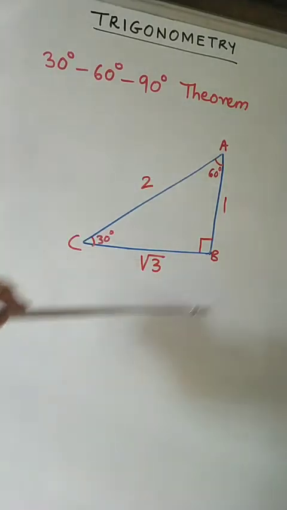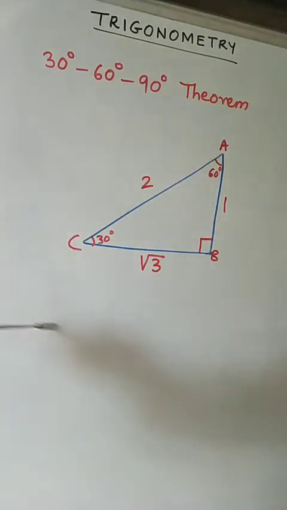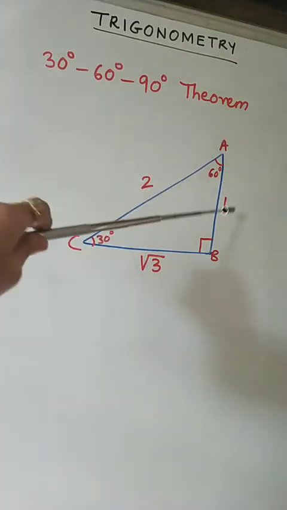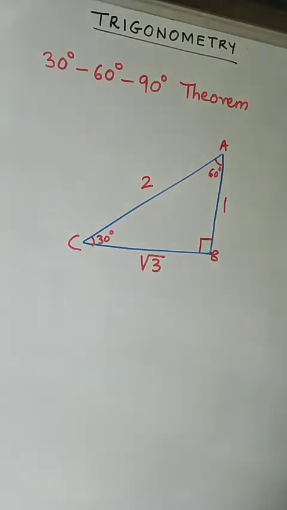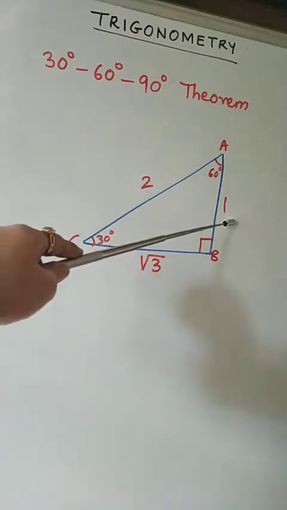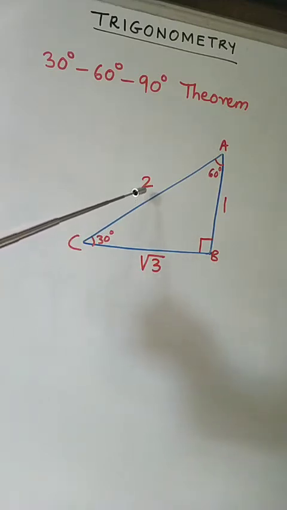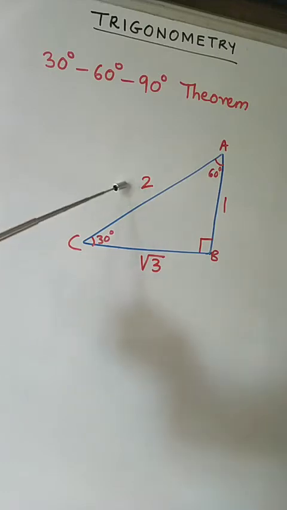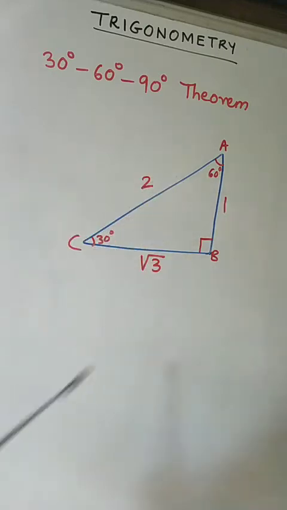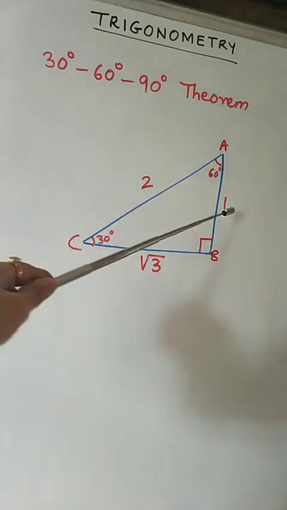Now please observe this entire triangle. These are the sides 2, 1, root 3. So when we say side is 2, it doesn't mean it is always 2. It can be 2x, 2y, 2z, 2a, 2b, anything. So if this is 2b, this will be b, this will be root 3b. So these are like constants, or this is giving you the ratio of all the three sides. So 2, 1, root 3.